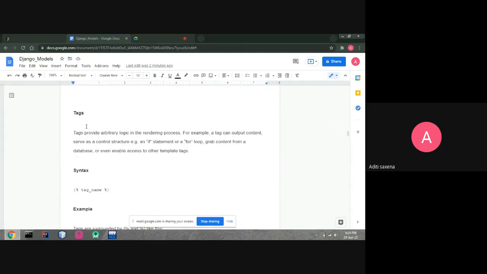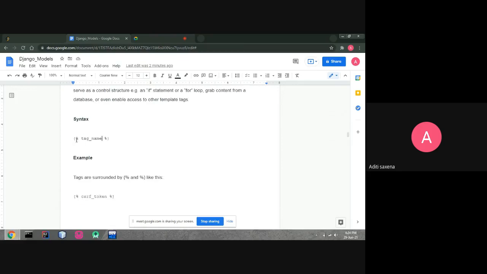Now tags. Tags provide arbitrary logic in the rendering process. For example, a tag can output content, serve as a control structure, for example an if statement or a for loop. We have used this syntax in our file, like for I in list. This is the tag structure in Python.